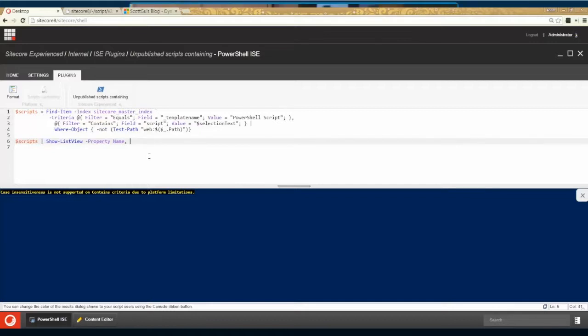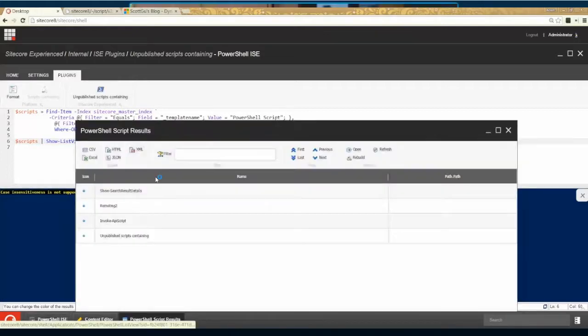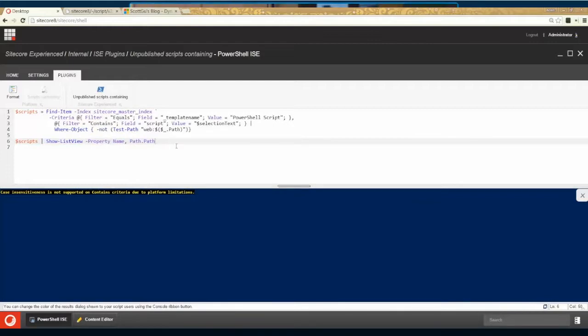So I would have to do it path, but this won't really work. PowerShell won't know what to show in here, so we have to evaluate it. For this scenario, what you actually need to do is wrap it in an expression that will tell it, okay, the name of this is going to be path,